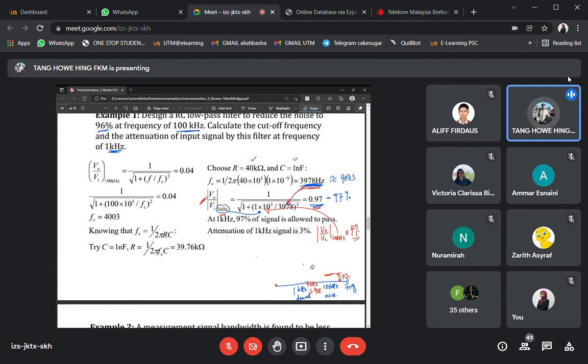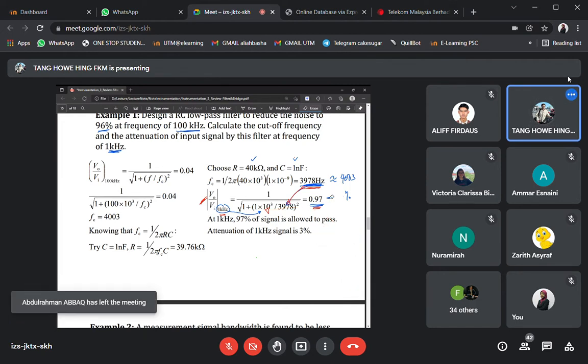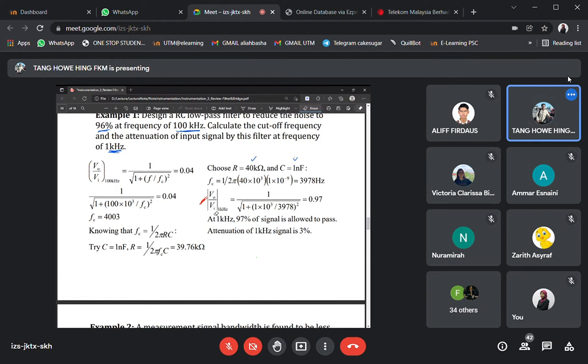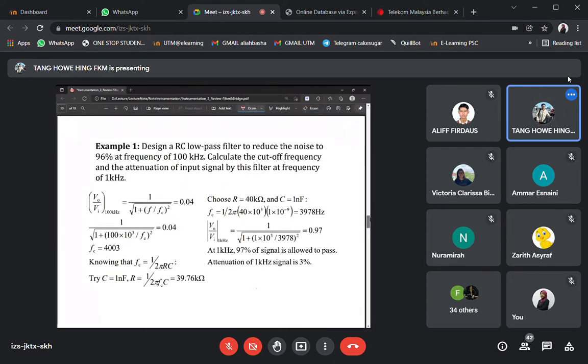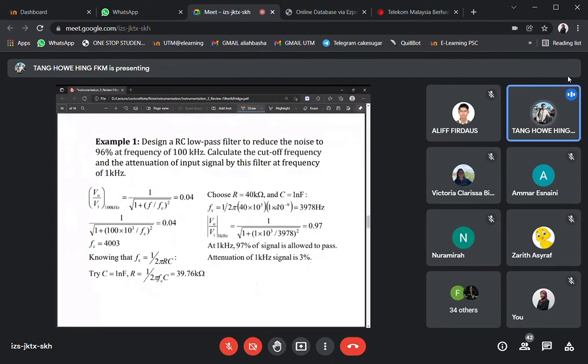I know that these filters are a kind of topic that we mechanical engineers never studied before. So that's why the entry level is quite high for us to understand this. I want you all to really grasp the concept of these filters. All right, so according to the questions,